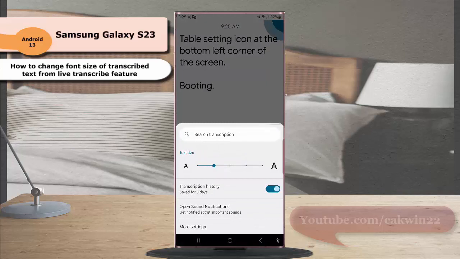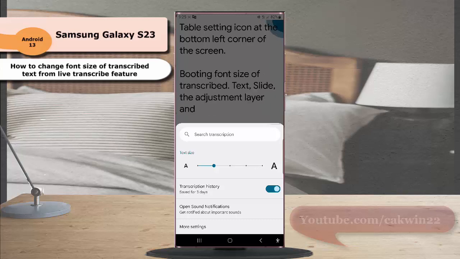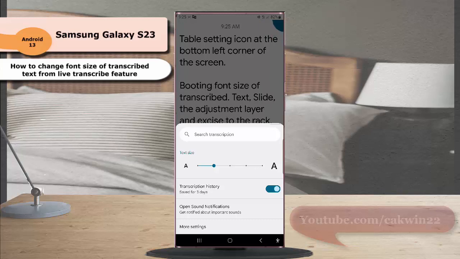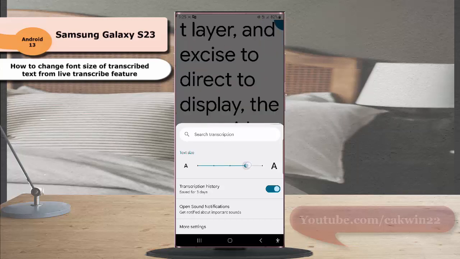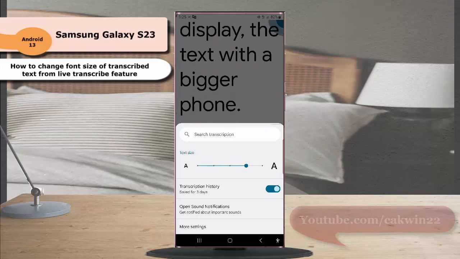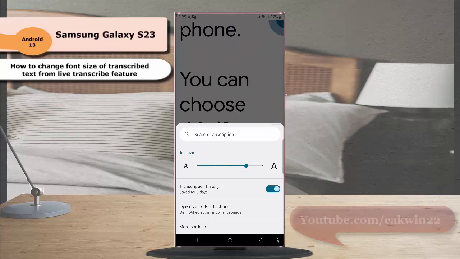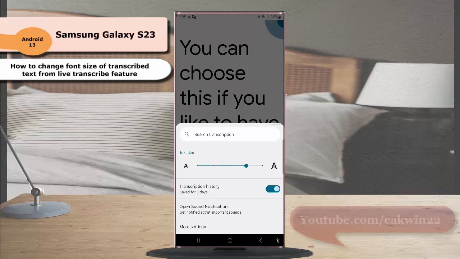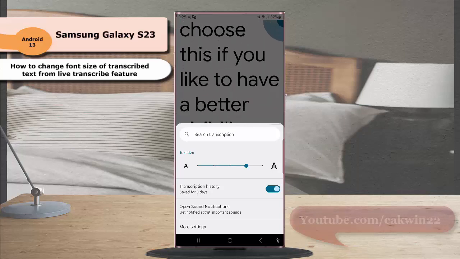To change the font size of transcribed text, slide the adjustment bar under text size to the right to display the text with a bigger font. You can choose this if you like to have a better visibility or legibility, or slide the adjustment bar to